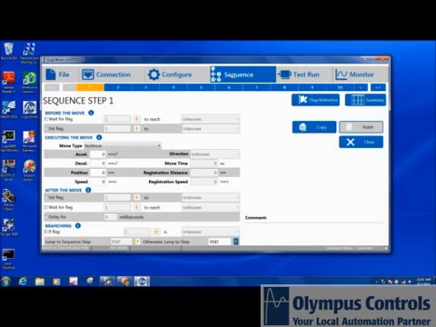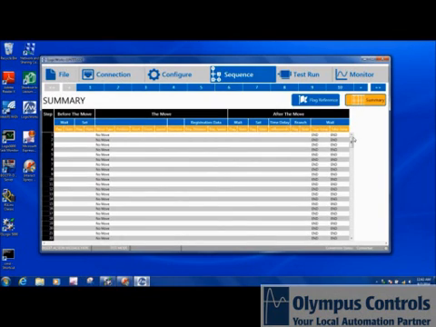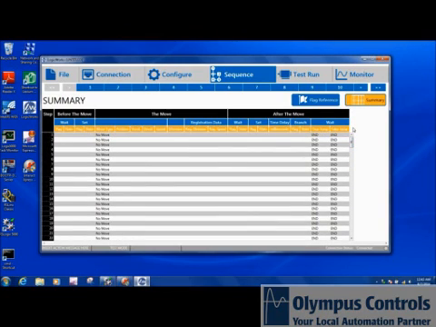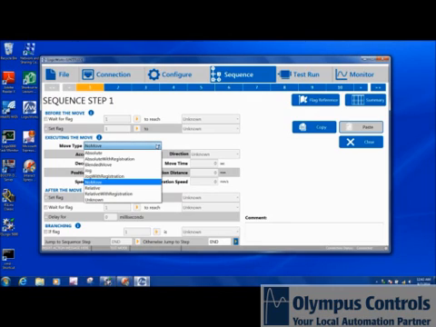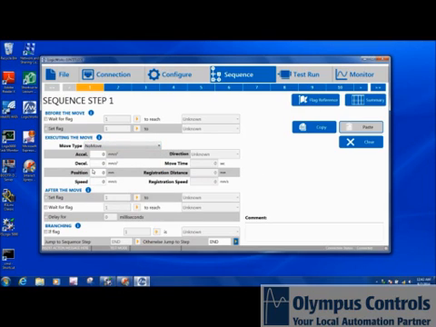Now the next thing we can do is the drive is capable of having, I believe it's 200 index steps, and they call these steps sequences. And what a sequence looks like, here's sequence number 1. It could be a move, could be a jog, could be a blended move, could be an absolute move, and at various acceleration, decel, speed, go to a position, registration move. You have some options of what you want to do before the move, what you want to do after the move. You can delay, wait, then do the next move. You can even do some sophisticated branching. But you set up all these sequence steps here,